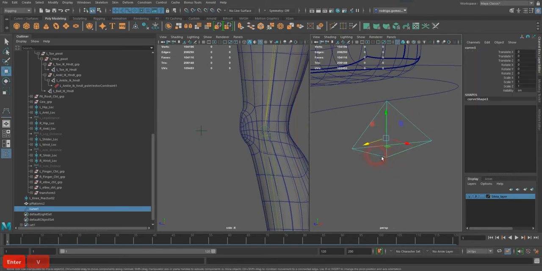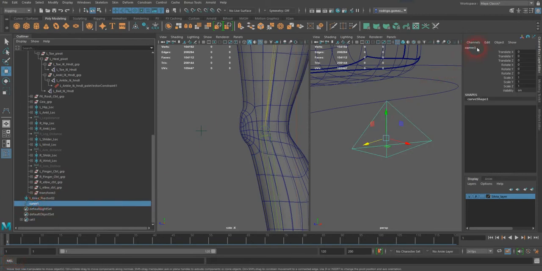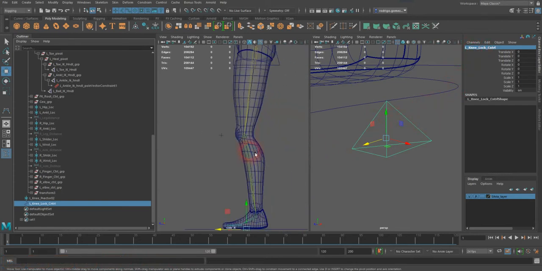There we go. I think I got it. I'm going to just delete that original object. I have my curve here. This one I'm going to just call it left_knee_lock_control, right? So that way I can use that one to, I'm going to snap it to the object right there,